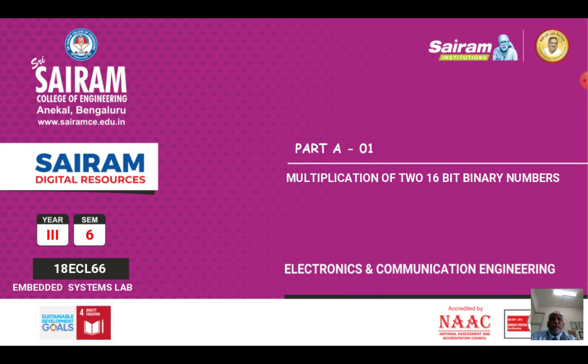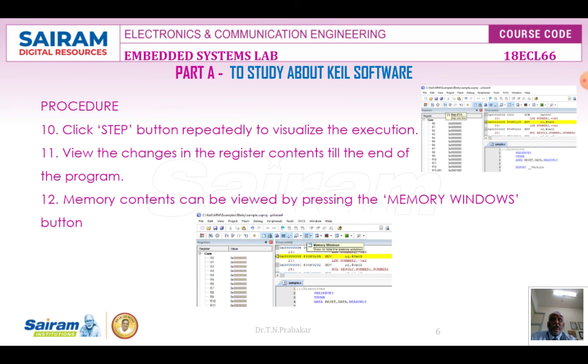Once this program gets executed, you can easily verify whether your intended program is working properly or not. For example, if you are going to write a program for a multiplier, you can give some test inputs, for example 5 and 2. When 5 and 2 get multiplied, my result should be A, which is the hexadecimal equivalent of the number 10. That way you can find out whether your program is working properly or not. I think by writing 1 or 2 programs, you can easily get accustomed to the Keil software.